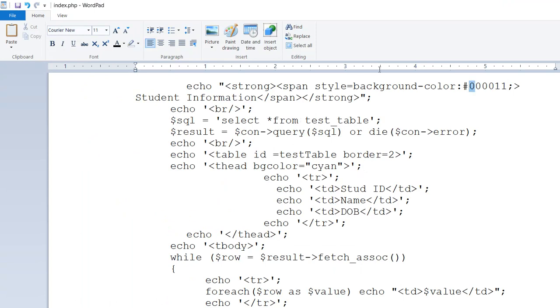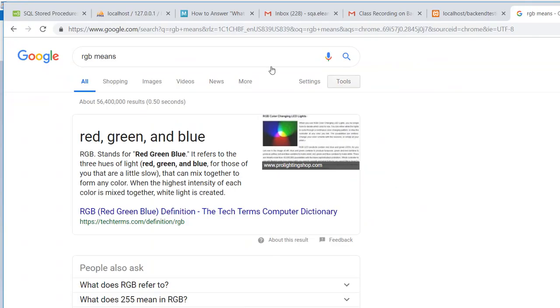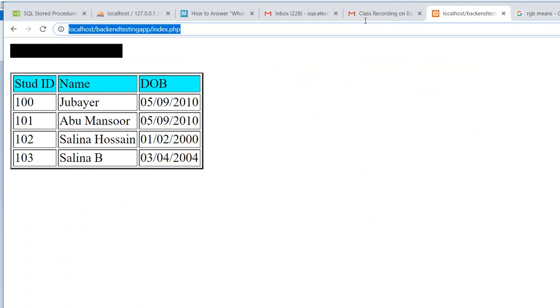Now if you make all of this value F, all of this 6-digit F, then it becomes white. The white color is a combination from this. If you put everything at the extreme, then it becomes white. You will see that now. If you save and execute it here, if you come to the application,